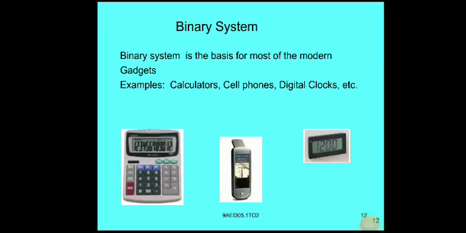Good morning. So, yesterday we discussed the number systems. There are four number systems. One is the decimal number system, and the next are the binary number system, octal number system, and hexadecimal number system. Each number system has its own specific symbols, and with those symbols we will form numbers.